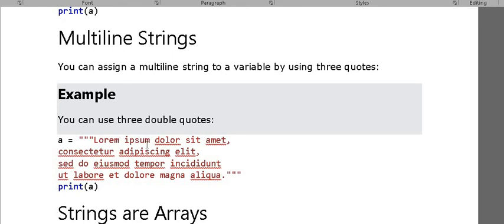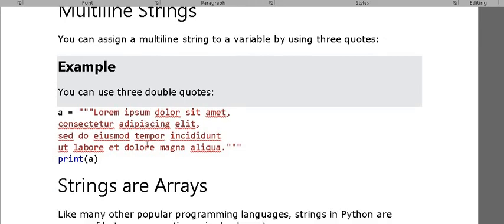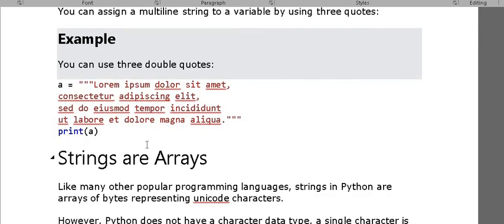Here you can see a equal to, and in the three double quotes I give the string, and if we want to print it, simply print and in the brackets a.